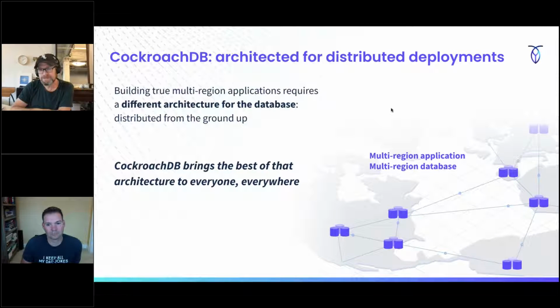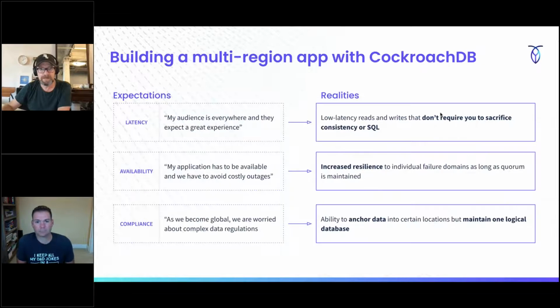But for us, addressing the latency concerns, addressing the availability requirements, and being respectful of these compliance regulations really comes down to a distributed database. And there is an emerging group of databases that are doing this. Cockroach is one of them for sure. But if you're going to look at any sort of global deployment, really thinking through your data as a multi-region database is, we feel, very, very critical. And we'll show you how we do that, right?